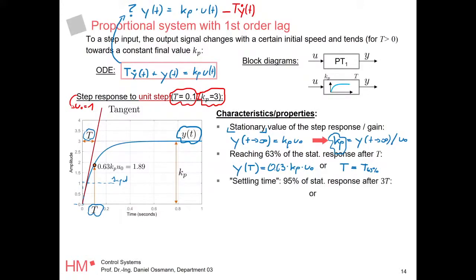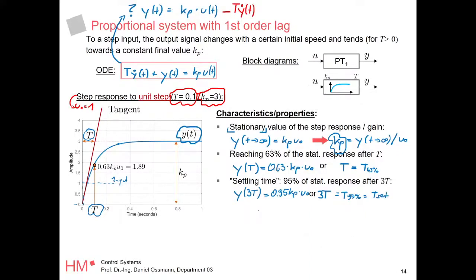So the interesting part is the so-called settling time, and we're going to use this for a lot of systems. It is when you reach 95% of your final response. So it's probably going to be somewhere here. And this is quite important, because with 95% you're close to 100, right? And you reach 95% exactly after 3 times this time constant. So, same thing as above, kp times u0. So we call that 3T equal T 95%, or you also will reach the so-called settling time,